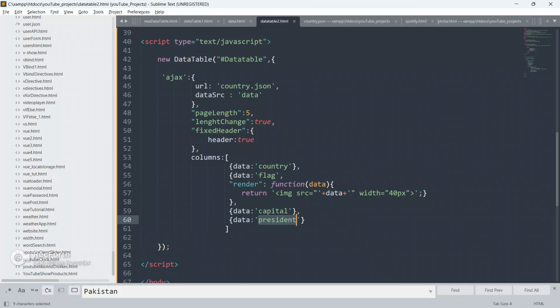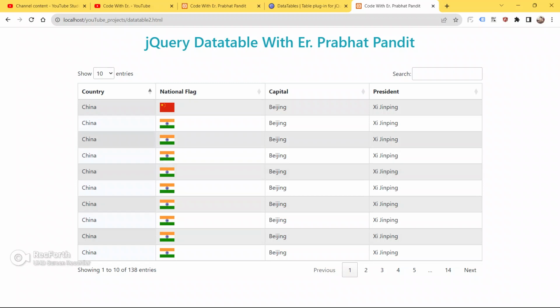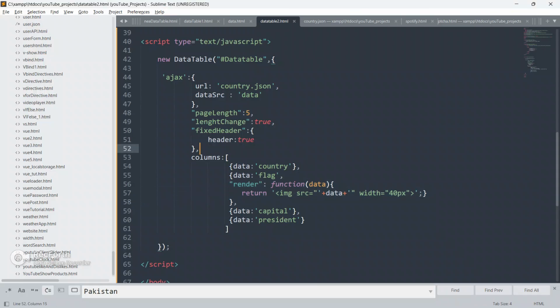I hope you have understood what I taught you, and I have also shown you how to display images in our data table.